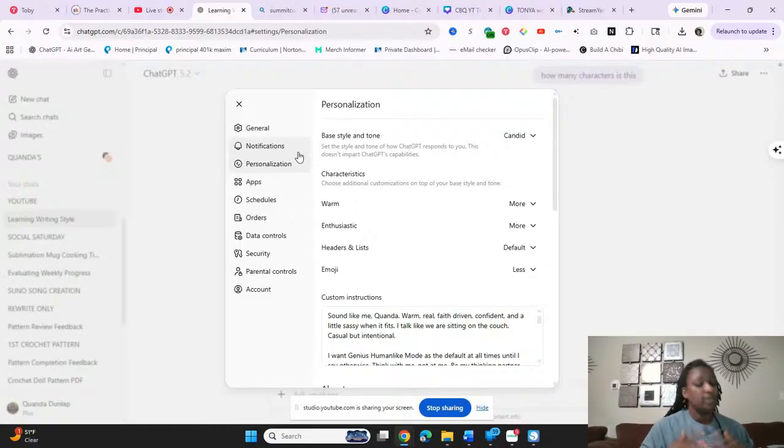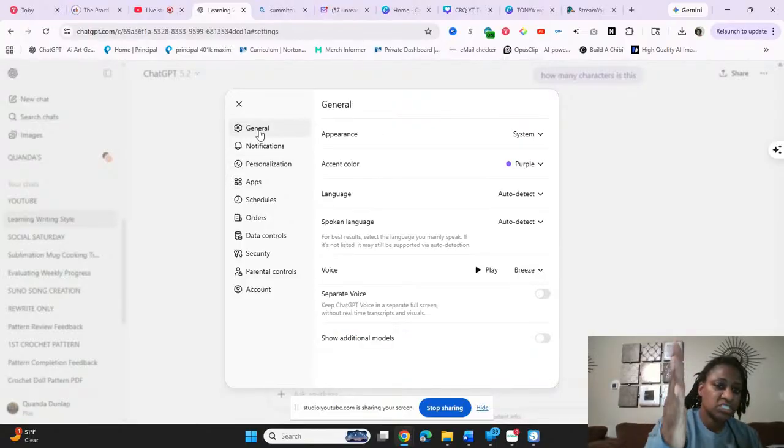So starting up here in general, that's the top tab. Remember, I said I'm going to start at the top and go down. So we're just going through the tabs: general, notifications, personalization, apps, schedule, orders, data controls, security, parental controls, and account. That's all I want to talk about. This is what this whole live was supposed to be about.